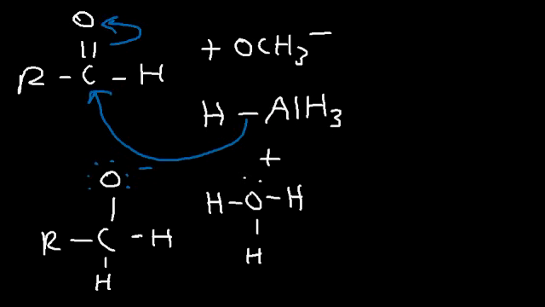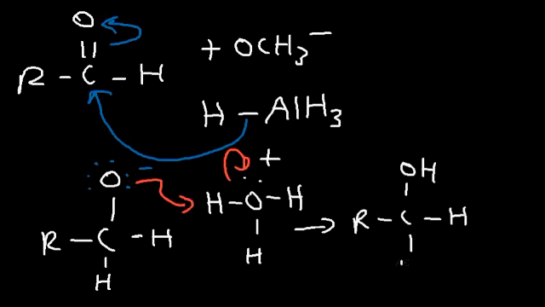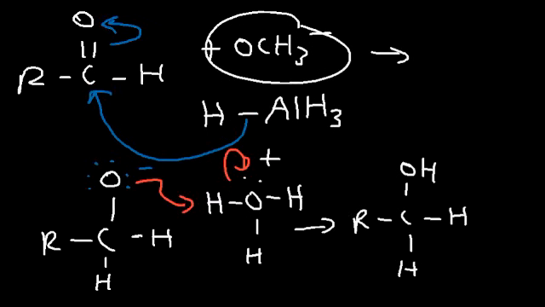Once we add H3O+, the oxygen with a negative charge will be protonated. And that's going to give us our alcohol. Even methoxide will receive a hydrogen from the solution, turning into methanol. So going back to our original reaction,